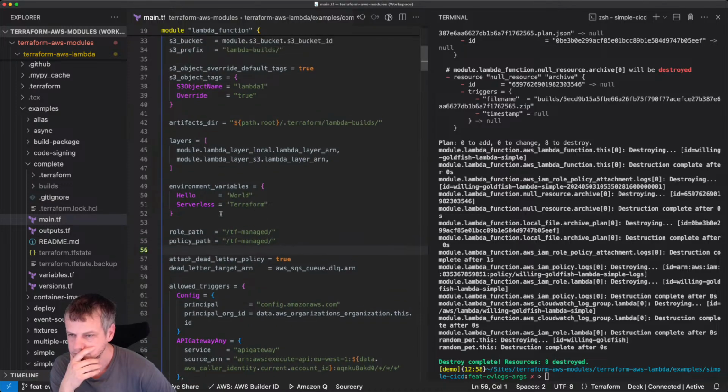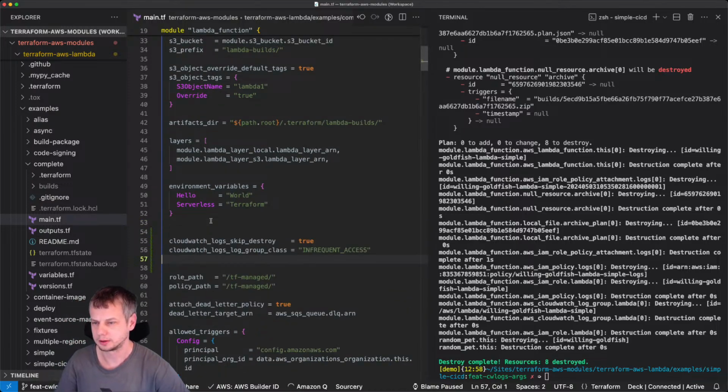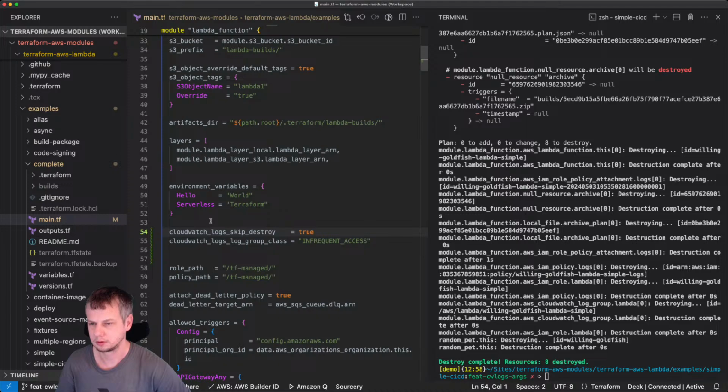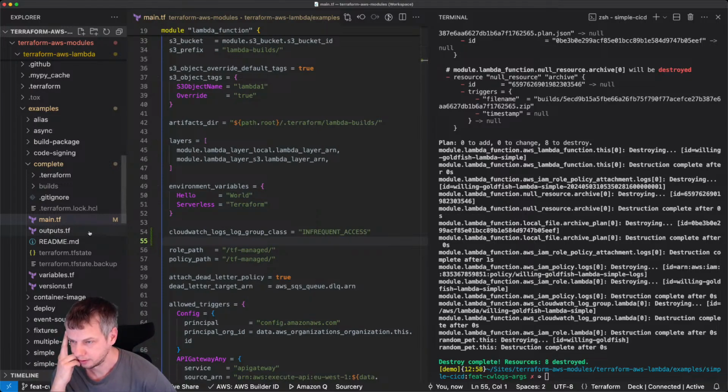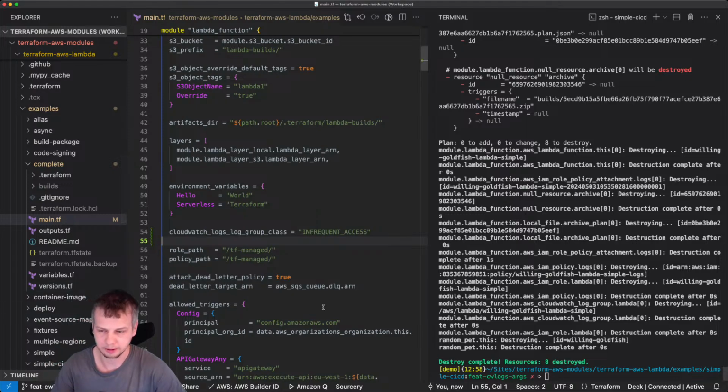Hmm. Yeah, let's put it somewhere here. Keep destroy is not needed to be shown because we don't want people accidentally having this, yeah, laying around.